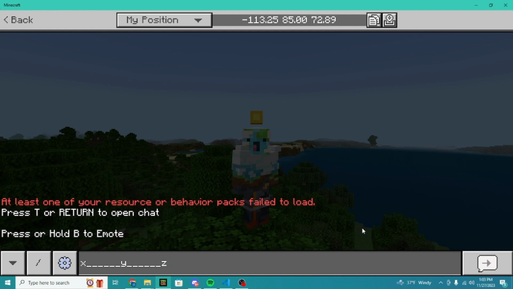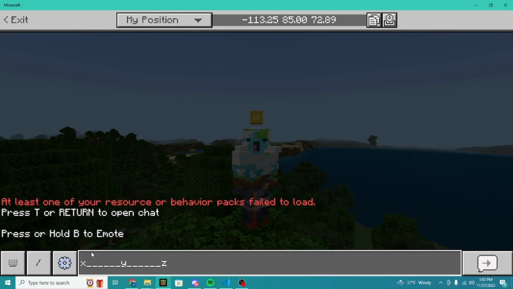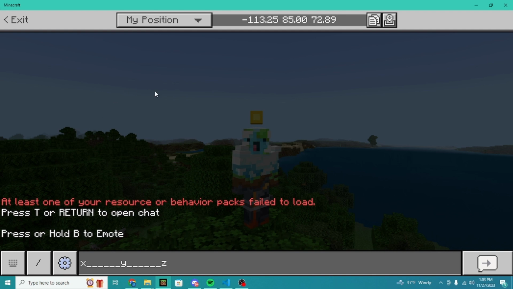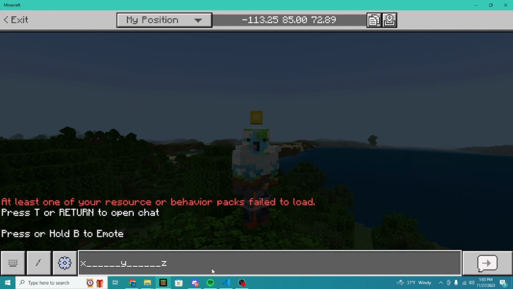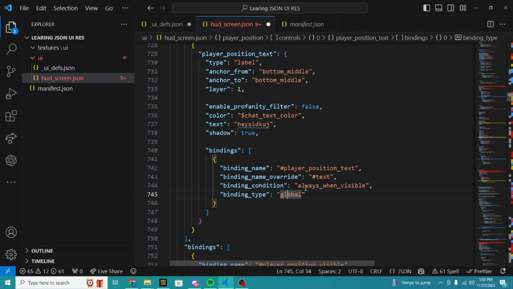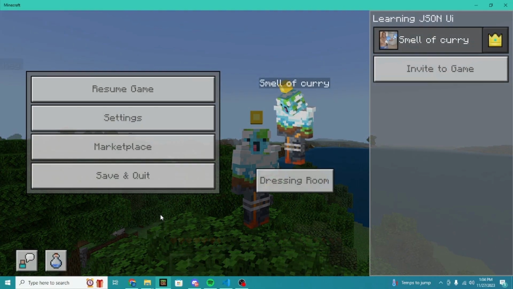So let's say we wanted to pass in, for example for my Pokemon sidebar, you want to be able to pass in the name, the icon, the gender, all this stuff. You want to pass in all this stuff to the JSON UI text so it can then read it on that end and split the string and display the variables that you want. So using this, we could have some type of text variable reading, and I'm going to go over that in another video, but today we're just going to go simple, and we can have simply text displaying whatever you want. So I can save that, and if we reload the game,